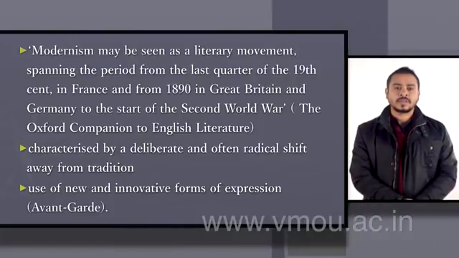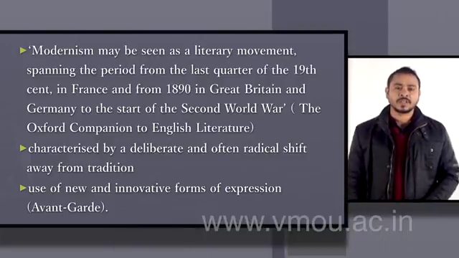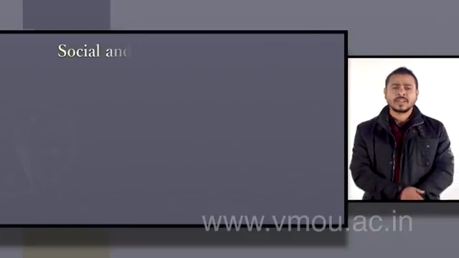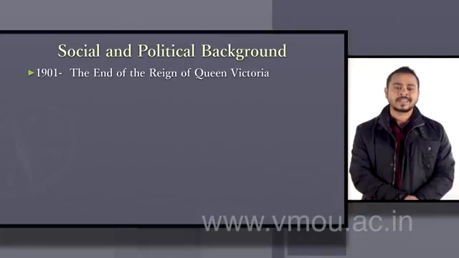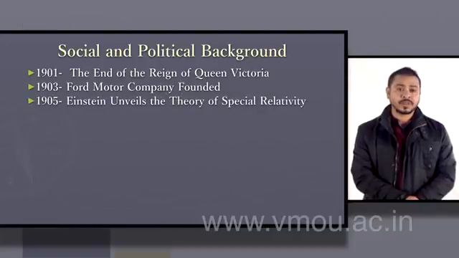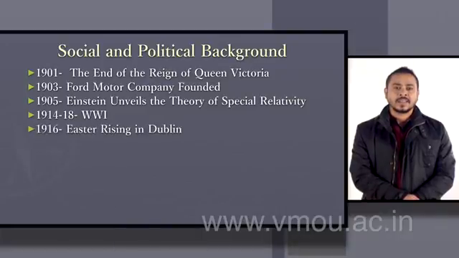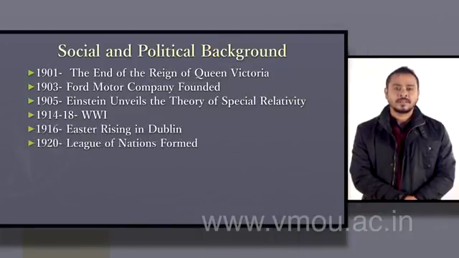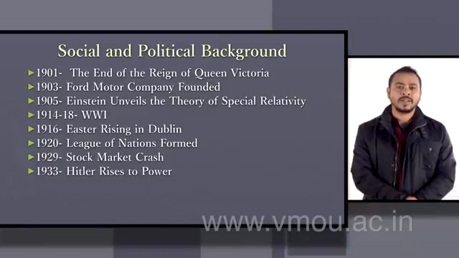It tries to differentiate itself from the traditional mode of narratives by using certain forms of expression that are also known as avant-garde. But what was the need of modernism? Why did it exist as a movement? There were certain social and political backgrounds to it, and these backgrounds highlighted the importance of the idea of modernity that was being proposed and propounded by the theory of Enlightenment.